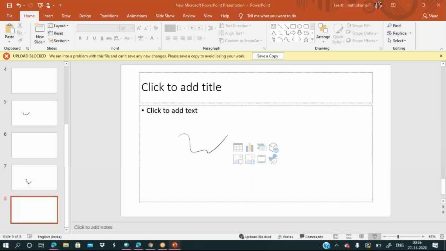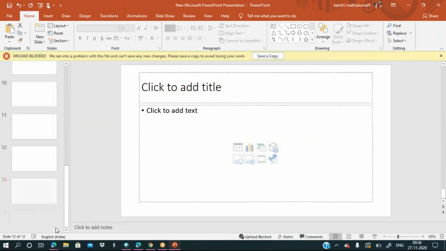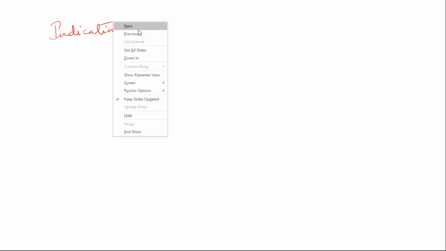So indications. Coming to indications, if the inflammation is a little bit less comparatively, then we can go with NSAIDs. If the inflammation is high, we can go with corticosteroids, right?